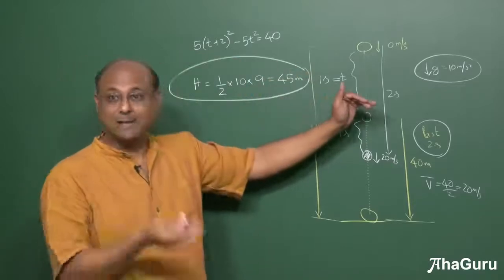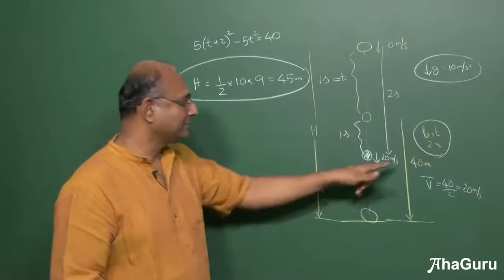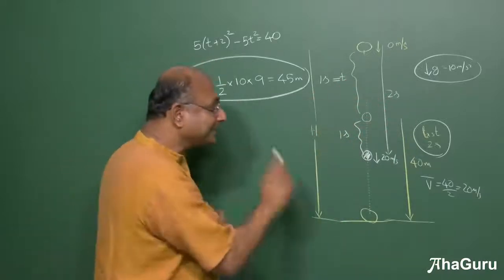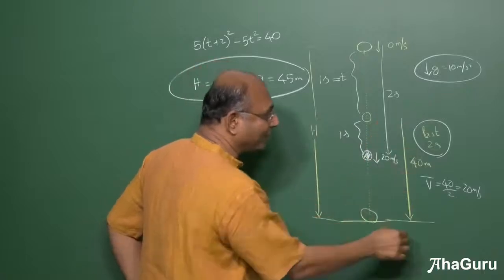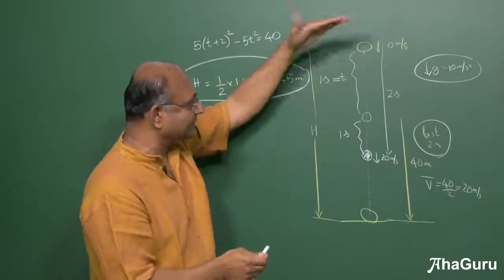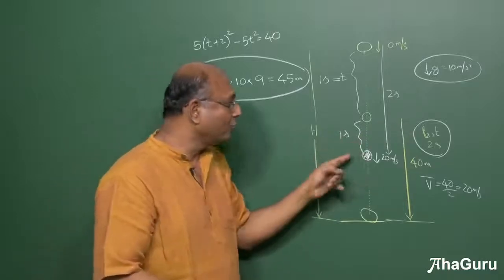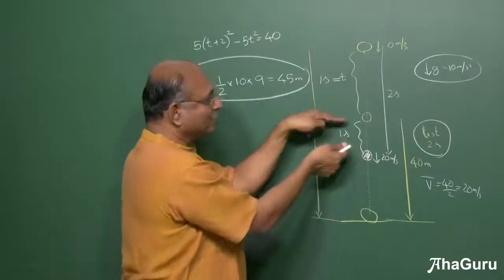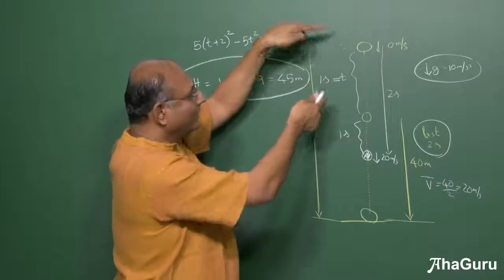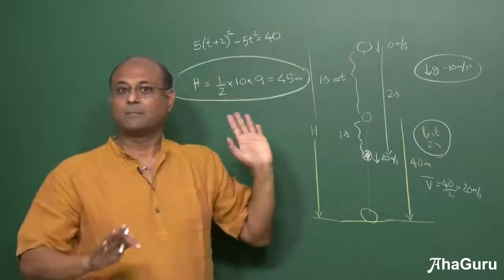Is that clear? This came up in, for example, a NEET question, exactly the same question, I think. I don't remember the numbers, but the basic idea is that you've got 40, you've got 2. Usually people expect that you will calculate this distance, calculate that distance, subtract. Nothing. 40 to 20, 2 seconds, you know this is 1 second, so you know that is 1 second. 1 second plus this whole thing was 2 seconds, 3 seconds, done.